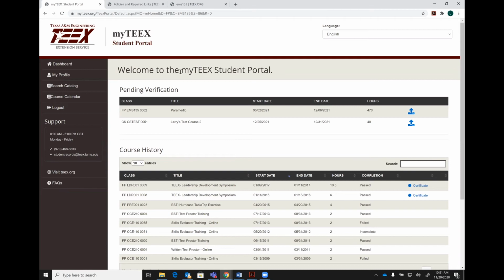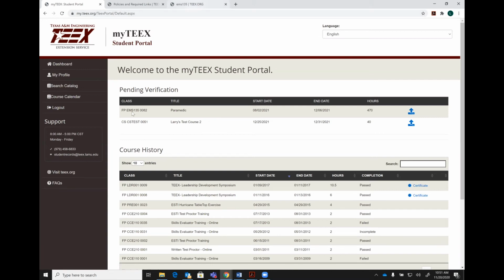And once you do pay for it, you'll see a confirmation page that pops up that confirms that we've received your $75 payment, and it'll also have the application process listed below. That confirmation will also be emailed to you. But once you get from the confirmation page, you're going to click this dashboard button, and it's going to take you to the page that you see on my screen right now. So under pending verifications, there's the course that I have applied to be in, and there's now an activated blue button over here that lets me upload my prerequisite documents.